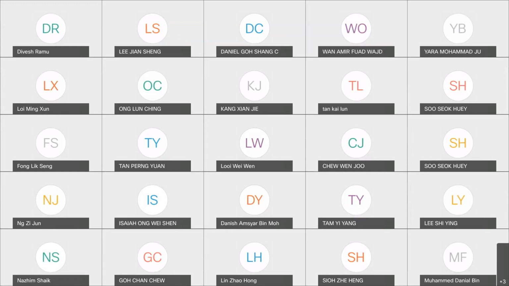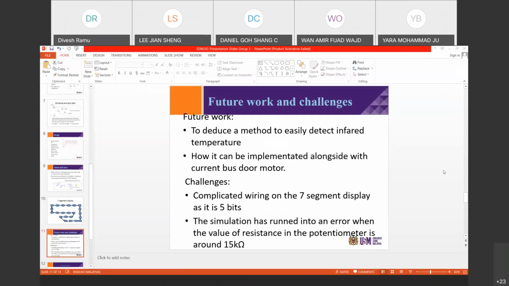Thank you, Vivesh. So for our future work, we would like to suggest that we need to consider finding a way to detect with an infrared sensor and be able to transfer the temperature to the thermostat, because we're supposed to be able to detect the temperature from a little bit of distance away, and maybe figure out how we can implement it along with our current bus door